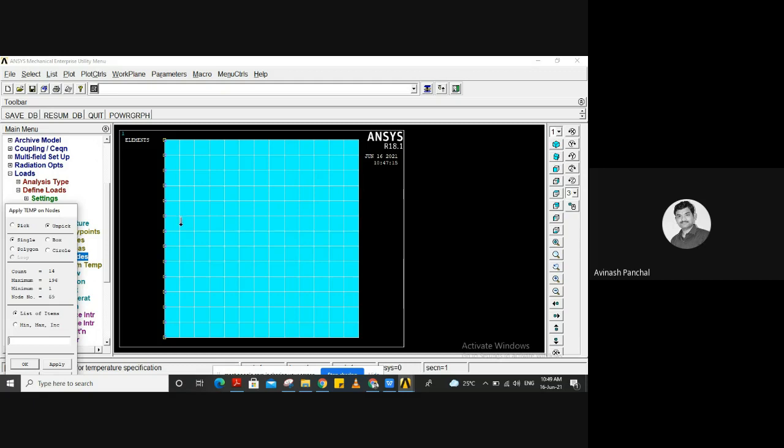Click over here with the left button, and again you can click the right button, so the arrow will point upward. In the upward direction it is in selection mode, and in the downward direction it is deselection mode. I have selected this, but it has taken much time. Now I will select the other surface and this surface, because we have the same temperature on these three sides.